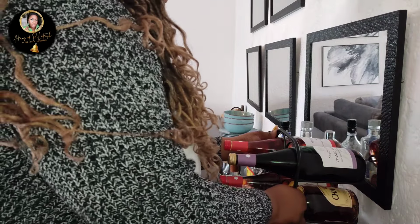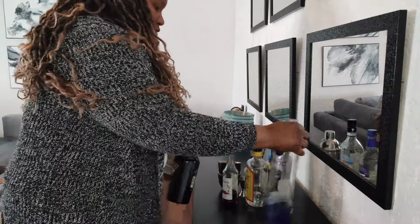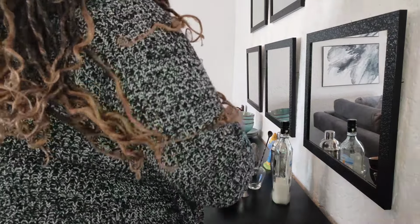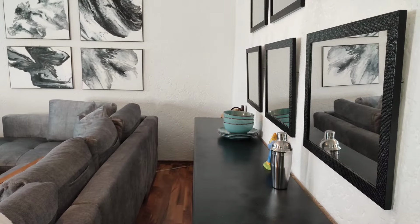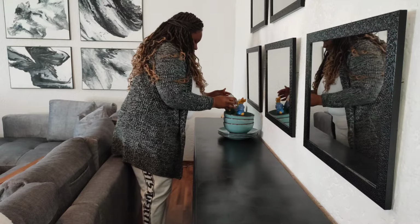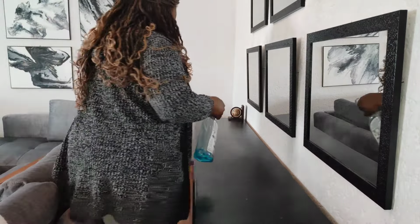So I'm going to remove everything from the buffet. I also went inside the buffet and removed all of the old glassware that we no longer want. So we're going to throw those away, because even though they're in good condition, they look ancient. Okay, they look like antique pieces, and not in a good way. So we're gonna go ahead and throw those out, but in the meantime, I'm just gonna clean down this table,